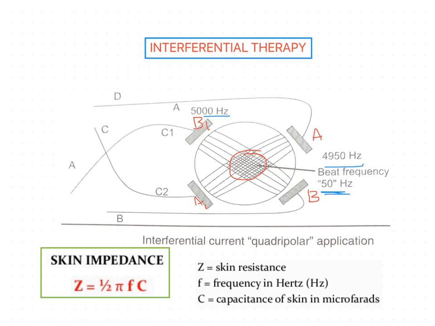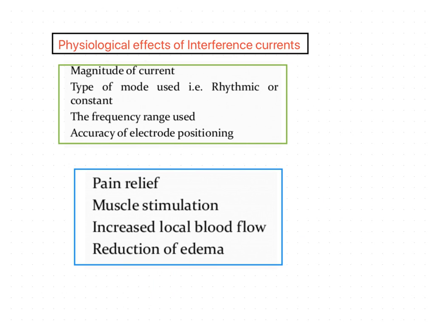and this 150 hertz is claimed to be very useful in pain modulation. Here the pain modulation is done through the pain gate mechanism as well as the descending pain suppression pathway, the same as TENS. So if you use 150 hertz, it is useful in pain modulation. So this is all about interferential therapy, and now we will move on to the physiological effects of the